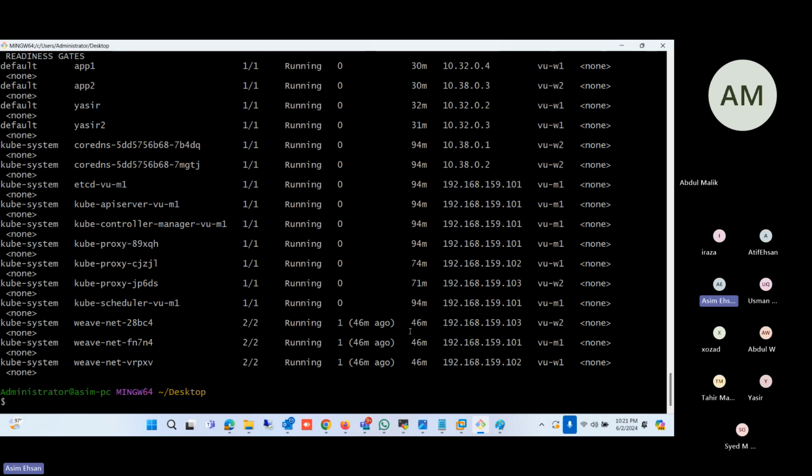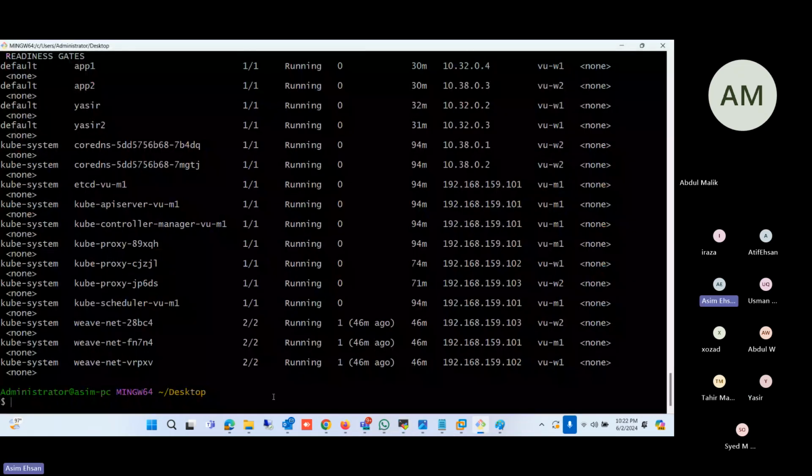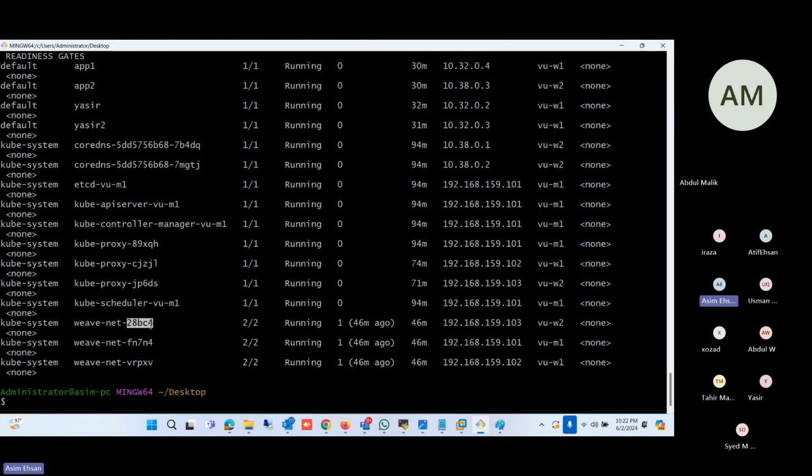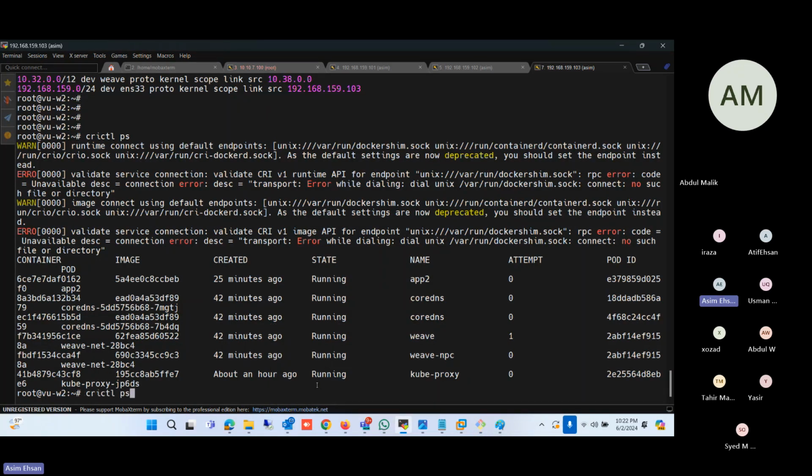So now let me go to worker 2. Here this is the pod. This is VNet 28BC4. Okay. Now when I run crictl ps,